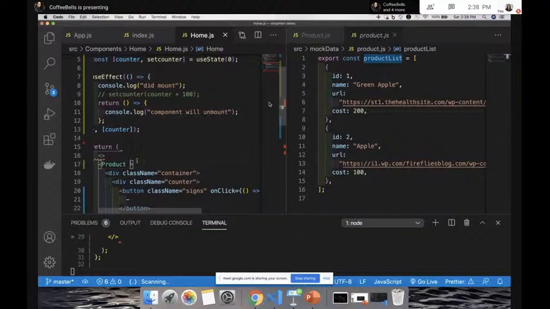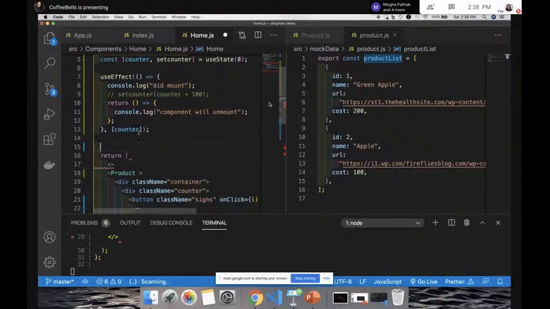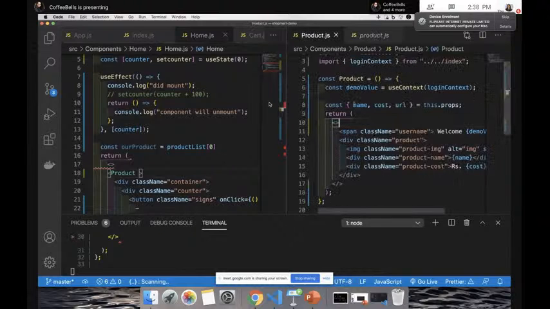I'll actually do this here. I'll use the product list, the first value only. So product list, first one, 0th element, I will save as our product. And this our product can simply be passed using, what all did we have to pass? We had to pass name, cost, and URL.